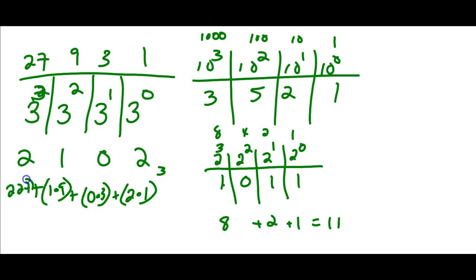times 27. So if you're saying how come we can have a 2 here, remember with base 3 we have the digits 0, 1, and 2. With base 2 we only have 0 and 1, and with base 10 we have 0 through 9. So as we talk about these, it's always the same number of digits. Like base 3 has 3 digits, base 10 has 10 digits, base 2 has 2 digits. You might want to include that 3, but it's always one less than that digit